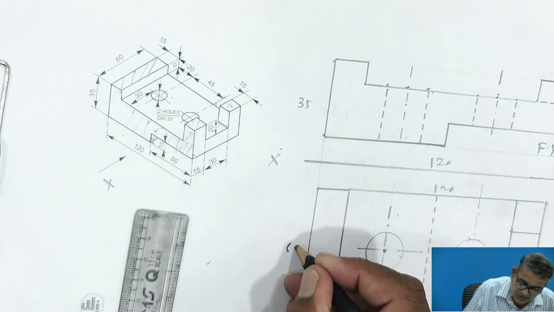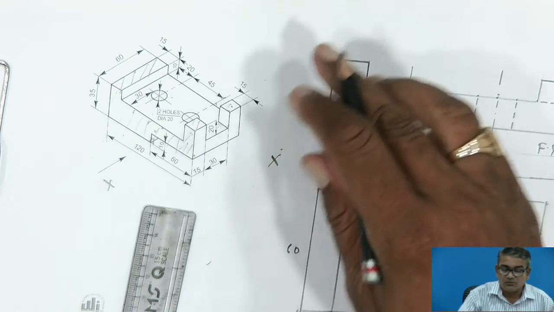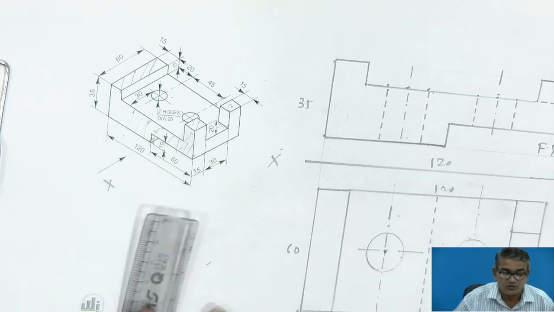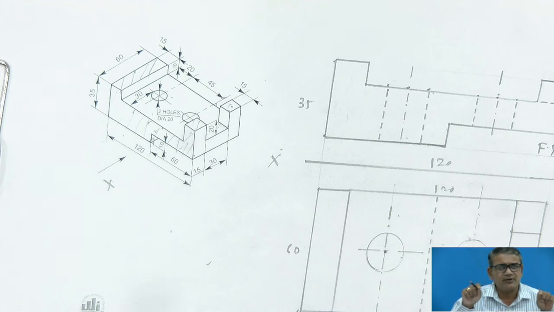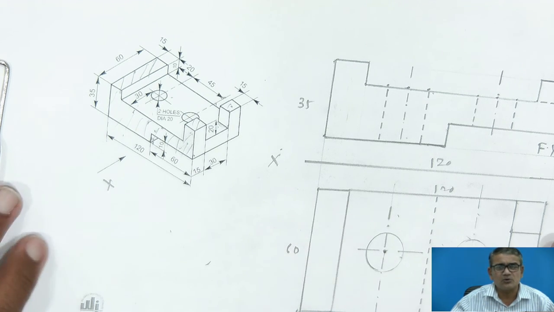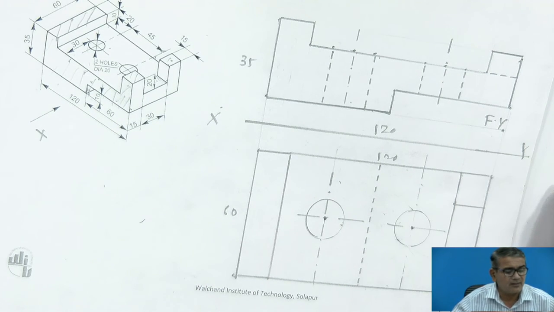And what is the depth? Depth is given as 60 mm. Okay. So these are the front view and top view. It is very simple. So when you have to draw an orthographic drawing, first of all you have to calculate the maximum dimensions and make a construction, a simple faint line square block, and whatever you have to draw, draw it in that block. So it is very easy to draw this orthographic drawing.